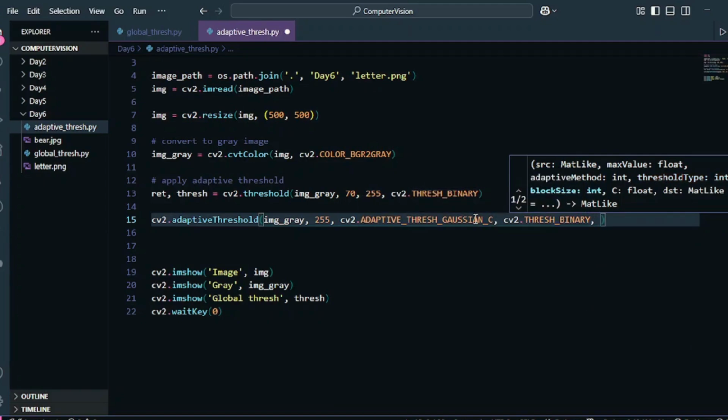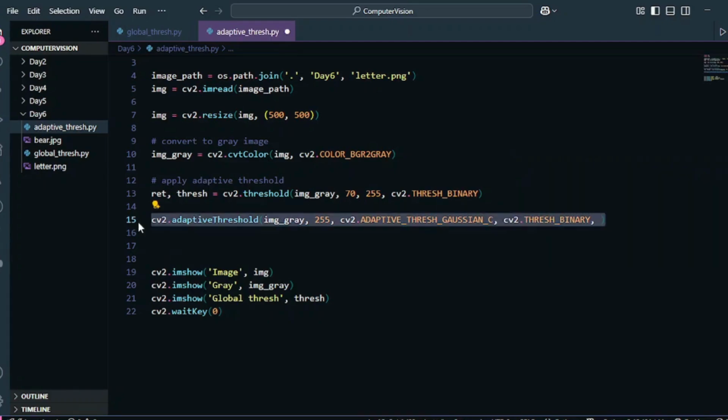Okay, and then it again accepts two parameters as well, which is basically the block size, right? Okay, so think of adaptive thresholding as a window, as a sliding window that slides over your image. Let me just show you. Let me just comment this because it is not complete.